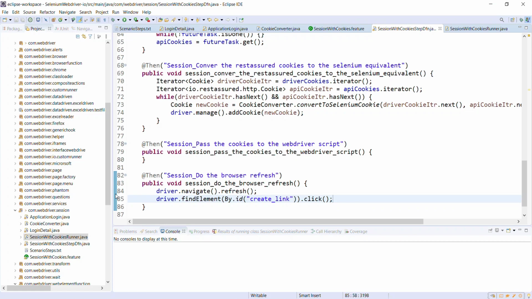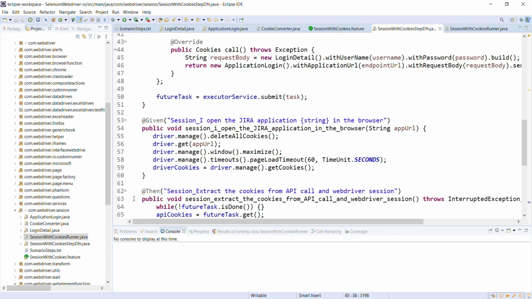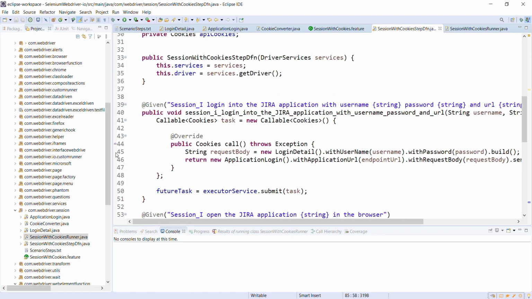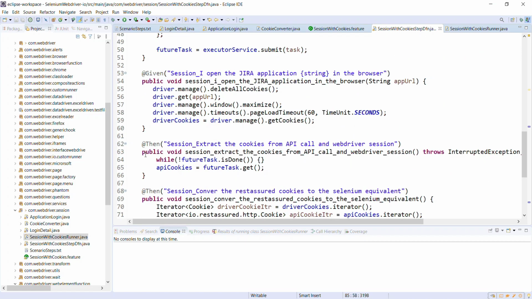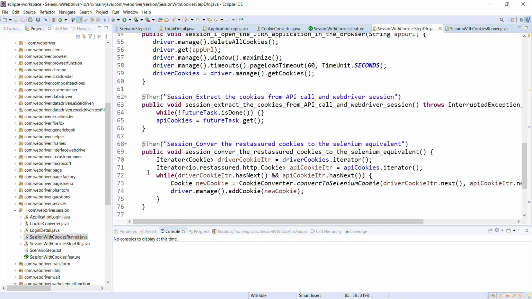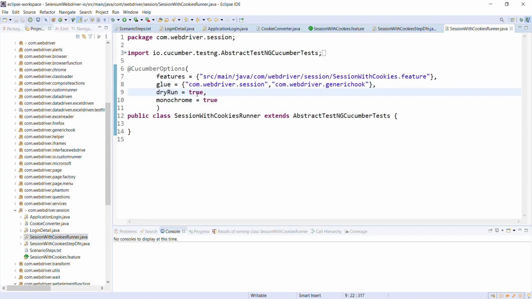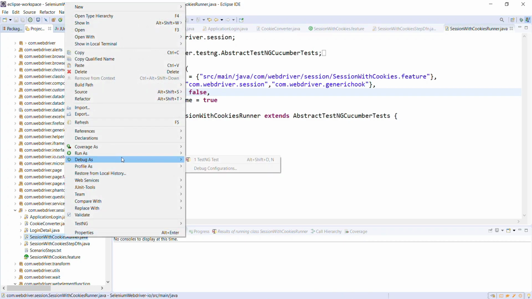So let me put the breakpoint at line number 84 as well as in line number 45. And change the dry run flag to false in the runner. And run this script in debug mode.